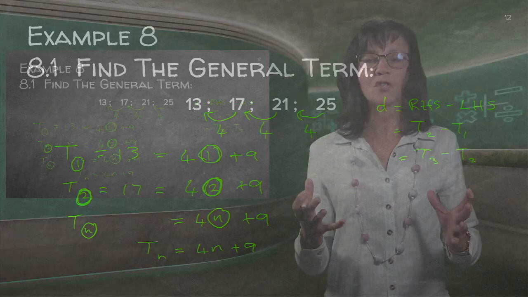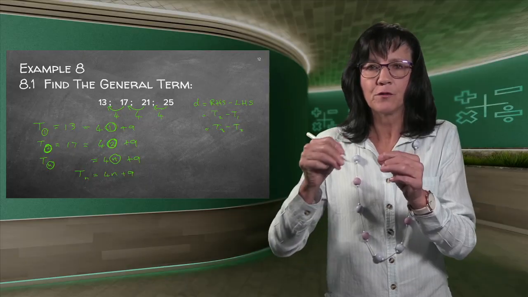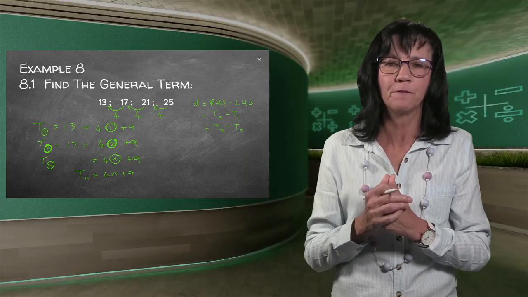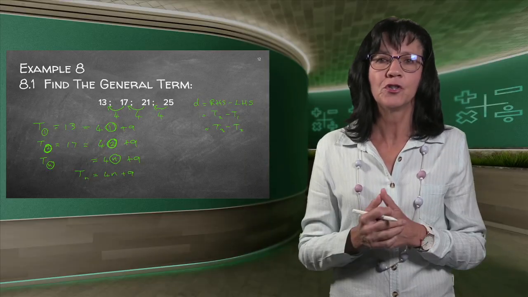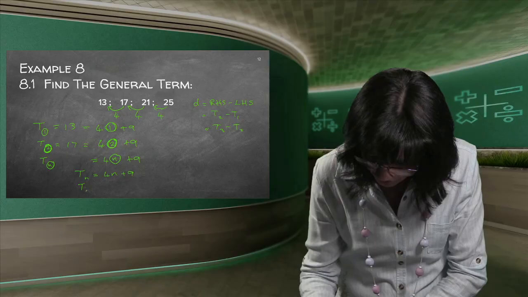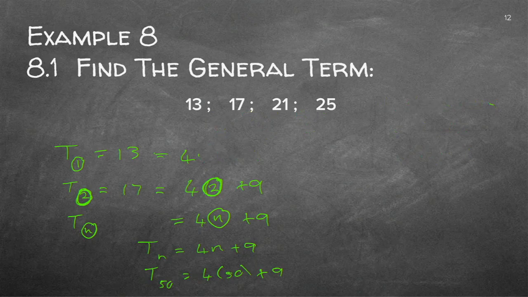So if I now ask you to find the 50th term or the 100th term, you will not have to sit and write out each time adding 4, adding 4, adding 4 until you get to the 50th or the 100th term. You can just use this formula. And if I now ask you to find the 50th term, you will just make the n a 50, and you'll grab your calculator, and you'll be able to find the 50th term, or whatever the question may be. Good. I'm going to just take it off so that you can redo it on your own.